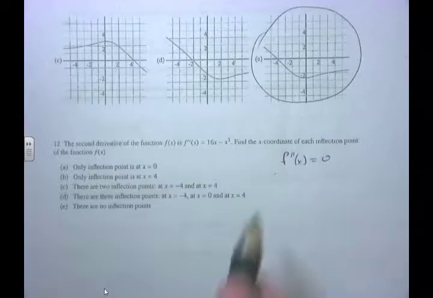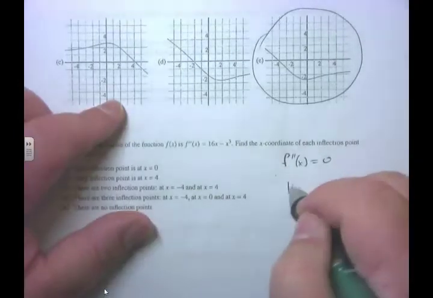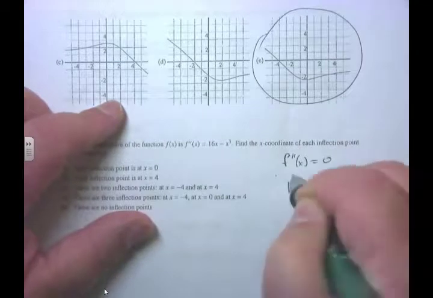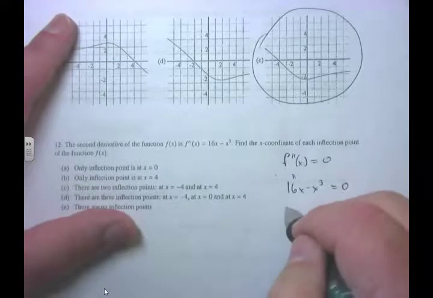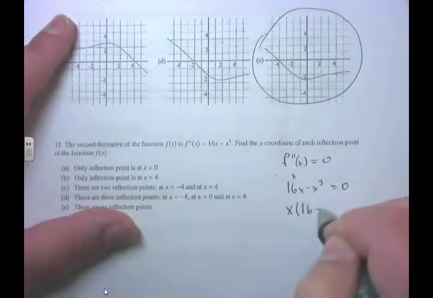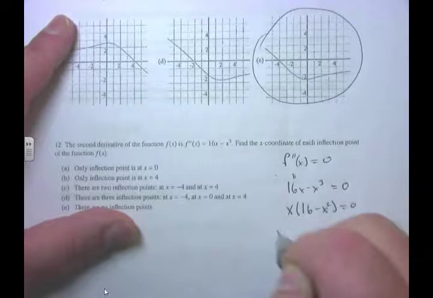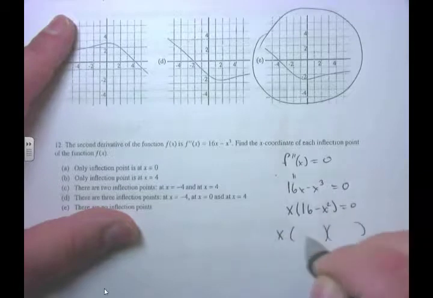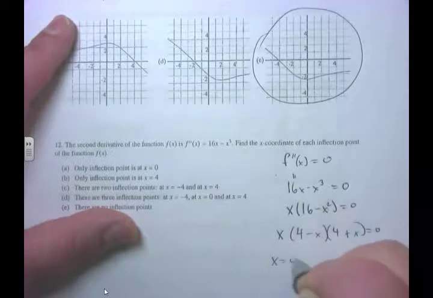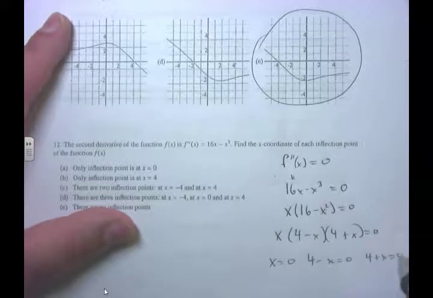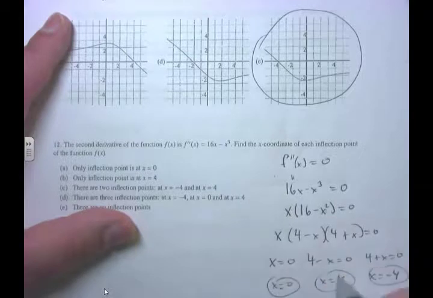But how you find them is you take the second derivative, which they gave us, 16x minus x cubed. There's my second derivative. I'm going to set it equal to 0 and solve. I'm going to factor an x out of the thing. That's going to give me 16 minus x squared equals 0. I'm going to factor that guy because that's a difference of squares. That's 4 minus x times 4 plus x equals 0. I'm going to set each factor that has an x in it equal to 0, and I'm going to solve this thing. I get x equals negative 4. I get x equals 4. I get x equals 0. I have